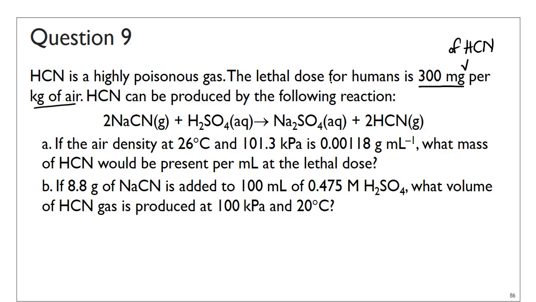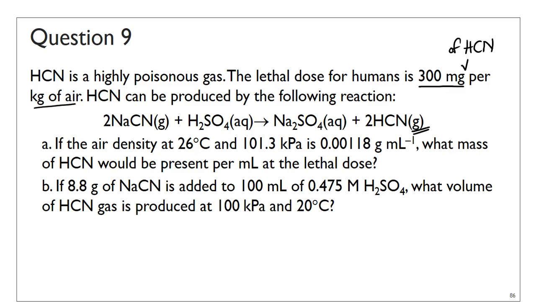Hydrogen cyanide can be produced by the following reaction. Okay, so we have sodium cyanide with sulfuric acid. This is an acid reacting with a salt, and then you get sodium sulfate and hydrogen cyanide releasing as a gas. So this is also a gas, which is quite interesting for an ionic compound. All right, I'm not sure where we're going to go with this equation, so I'm just going to continue by